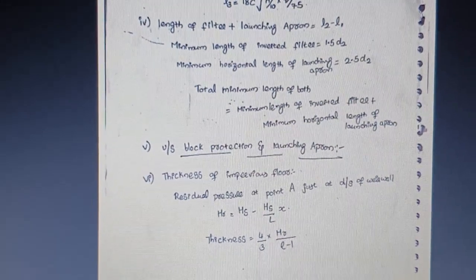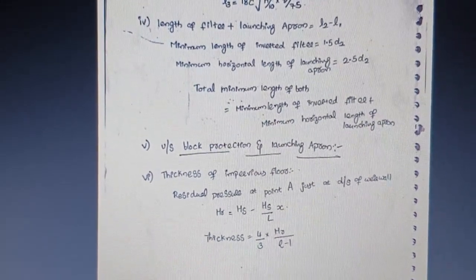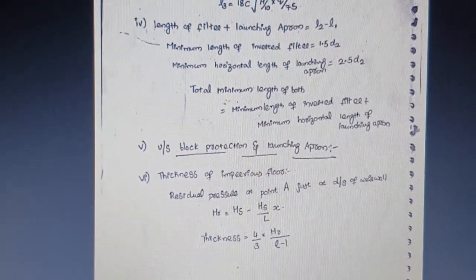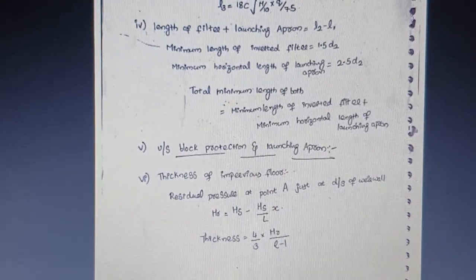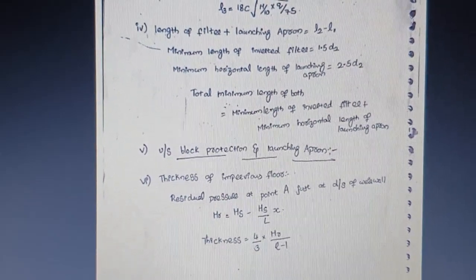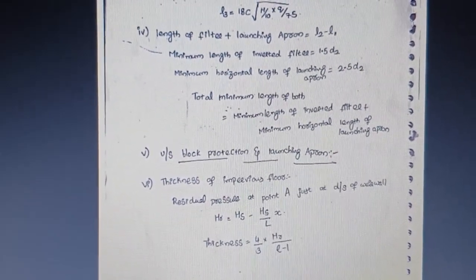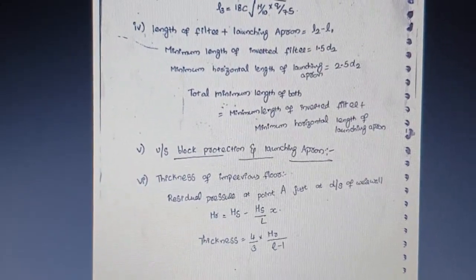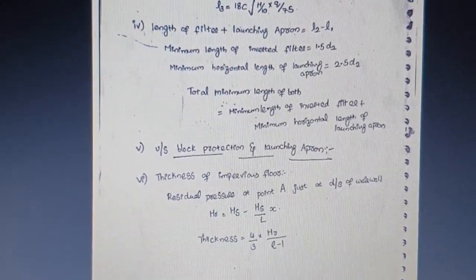So with this we have done with the discussion of the design principles of the vertical drop weir, and this question as well as the components of the diversion head work. Out of these both questions you will be getting one in your external for your 15 marks. So please do not neglect these both questions from your second unit, which are very very important topics.